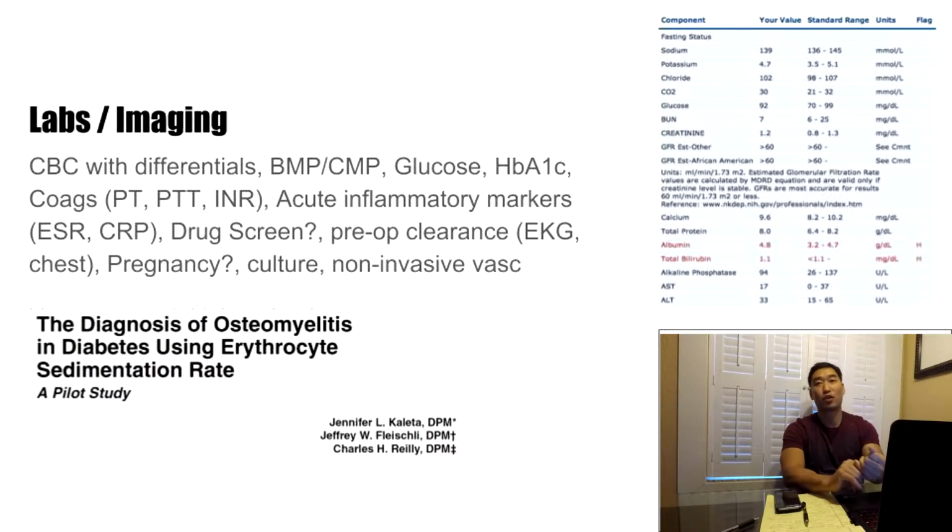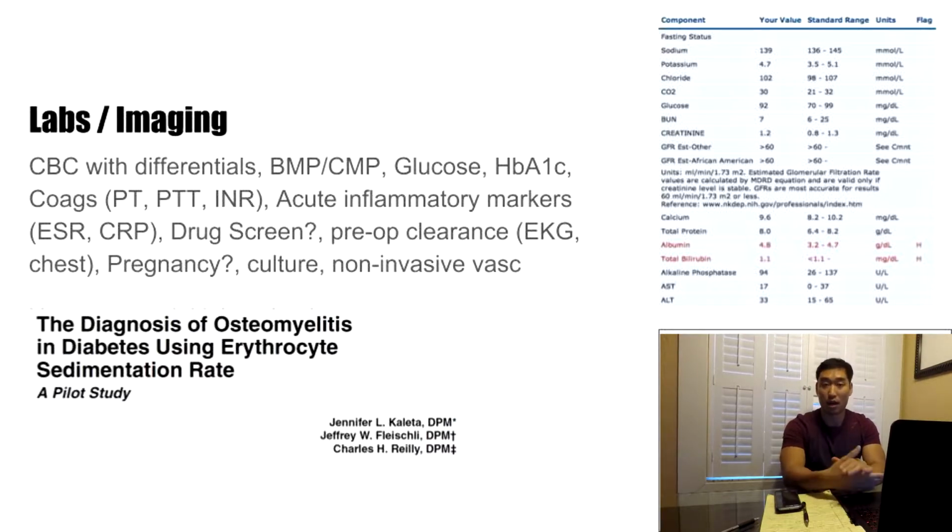Some people argue you could also do a complete metabolic panel, which includes the albumin, bilirubin, liver function test, and alkaline phosphatase. It could be a little bit more wasteful. People really debate about it, but you can't go wrong with BNP. So CBC with differential, BMP, and since it's a diabetic, you want to order the glucose level, HbA1c level, coags including PT, PTT, INR, and obviously acute inflammatory markers to see if the patient is actually in an acute inflammatory state, including